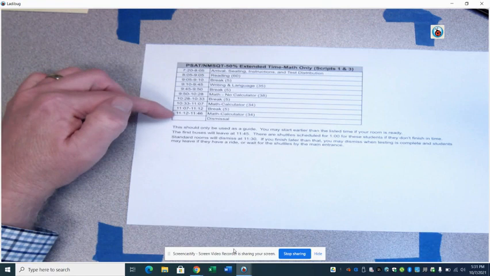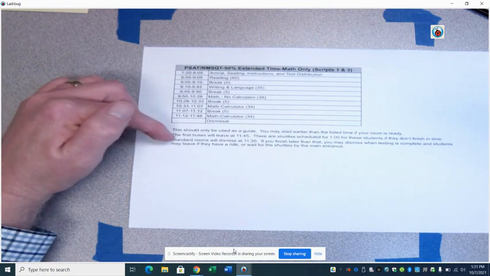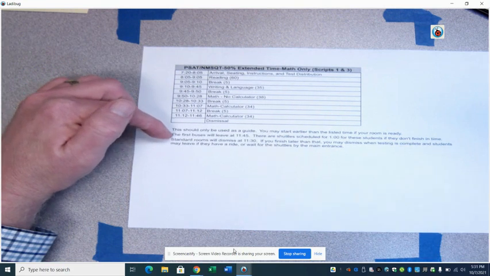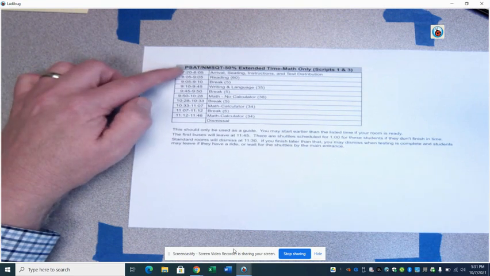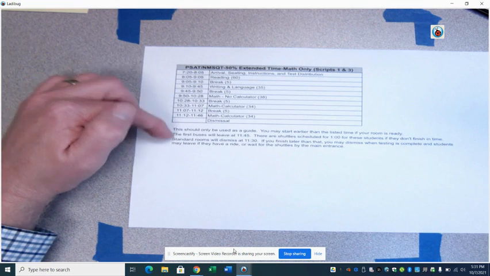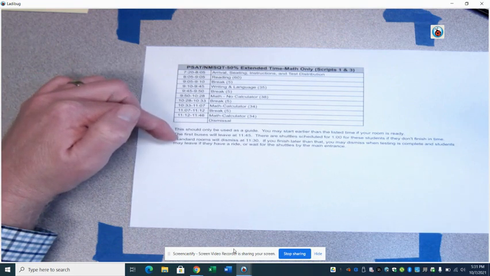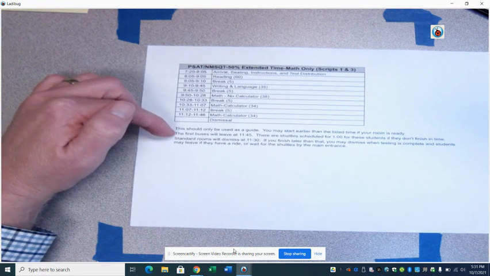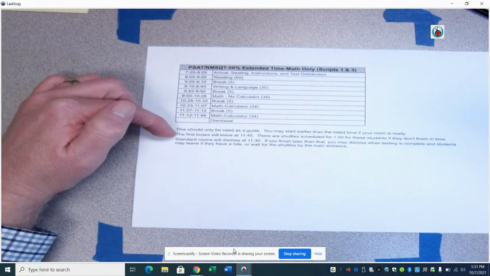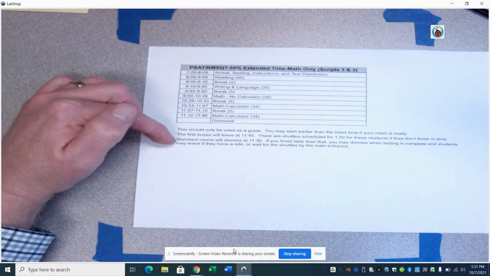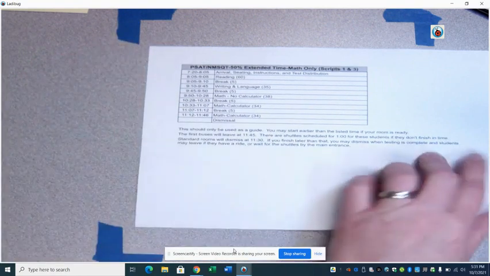So you should be able to get students done. This has us taking 45 minutes till 11:46, which means they're going to miss the bus. I'm guessing you should be able, like I said, to get this done earlier and dismiss them. They should be able to make the first bus. If it does take longer, we do have shuttles scheduled for 1 o'clock. Students can hang out here until 1 o'clock and take that home. So that won't be a problem with them.